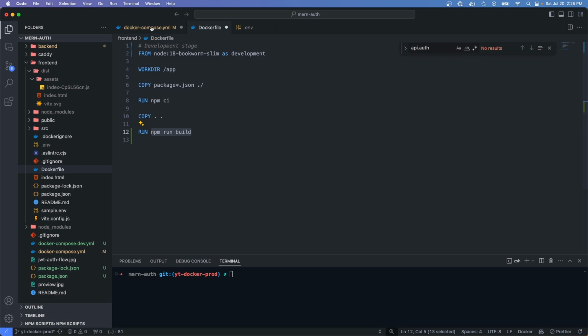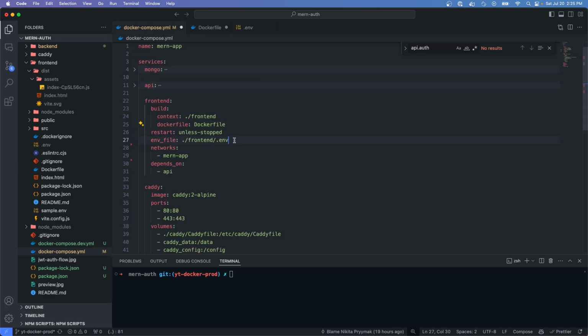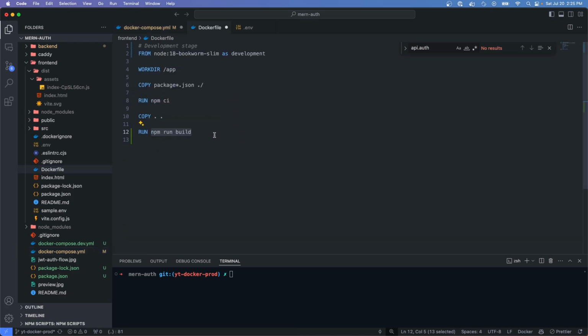Even though we specified it in our Docker Compose right here, this only gets used when the container's running. But when we're running the Dockerfile, this is building the image, which will then run on the container. So at this point in time, we can't just access this env file. The way I was able to get around this is to just inject the environment variable in right before the